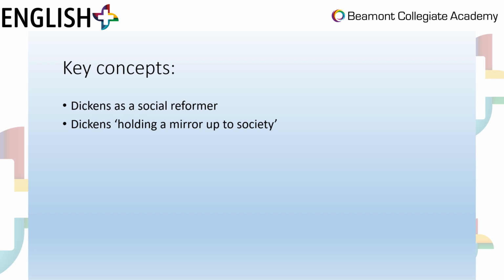Because remember, Scrooge is a symbol of the rich, the Cratchits are a symbol of the poor. So just be careful that when you're writing your essays, you don't sound like Scrooge is a person and the Cratchits are a real family. They are symbols, and it's Dickens'